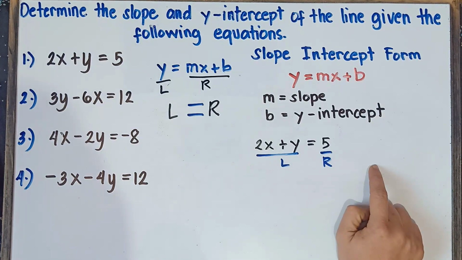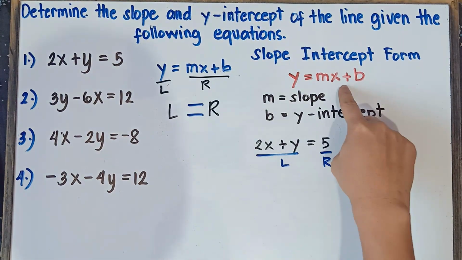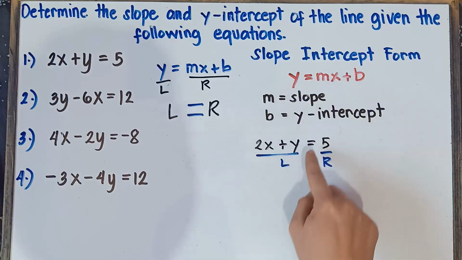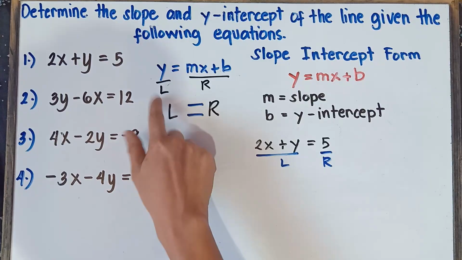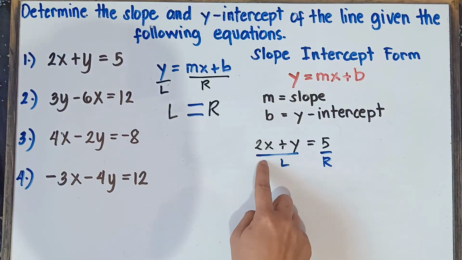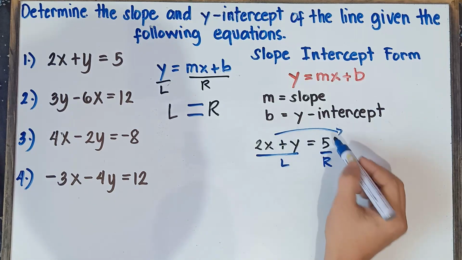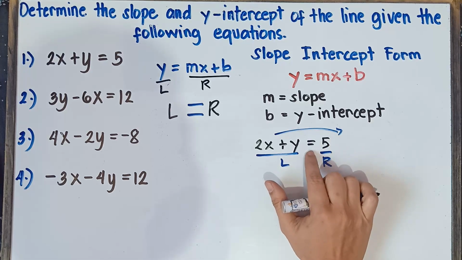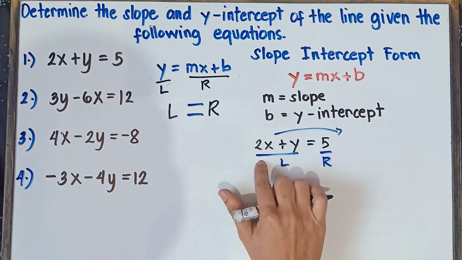Once again, class, we do have two solutions. The first solution, class, is the easy solution. For us to follow this format, there should be only y on the left side of the equal sign. Since we have 2x plus y, we need to transpose 2x from left to right. Now, once you transfer across the equal sign, you change the sign. That's the rule there, class. If this is positive 2x, you will change that to negative 2x.